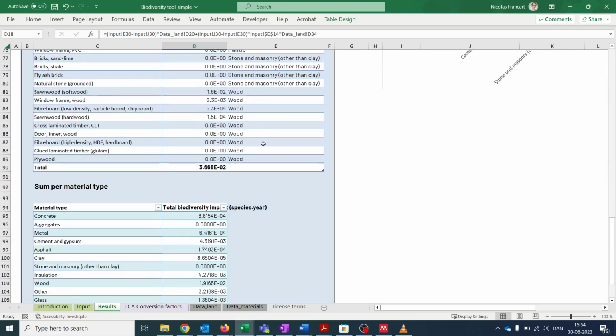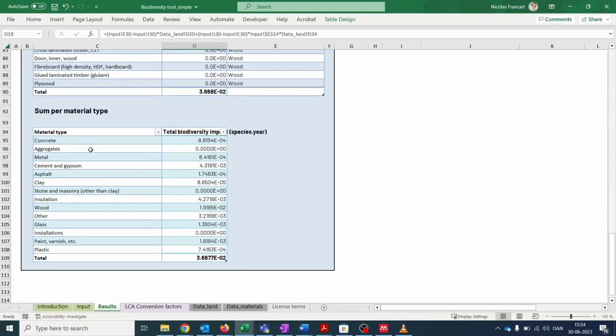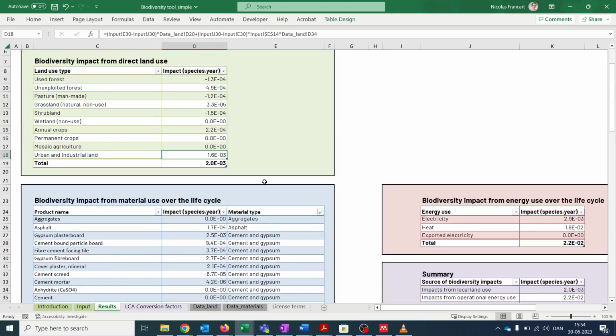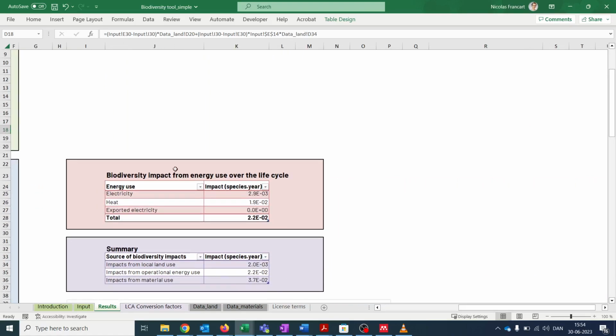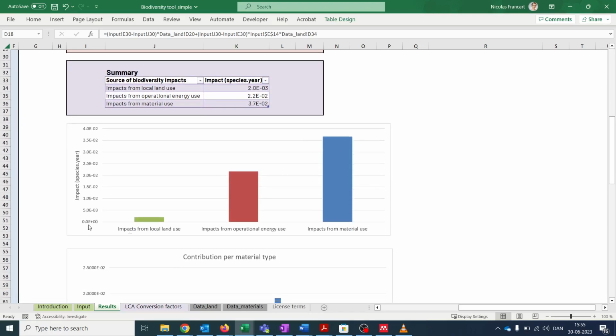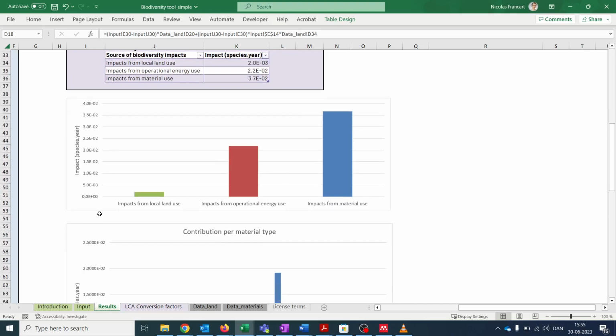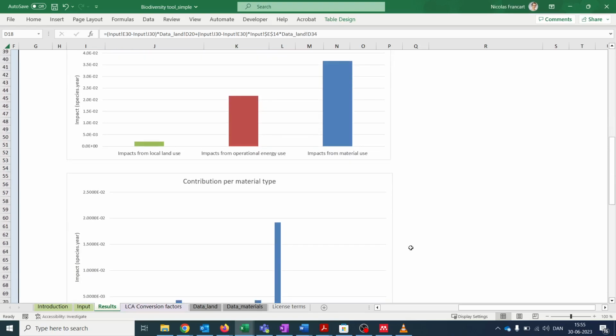If you scroll down, you can also see a summary per material type on this light blue table. Here on the right, you can see the impact of energy use during the study period and a summary of the contributions from land use, energy use, and the use of materials. The tool also produces some charts, and as you can see, in this particular project,